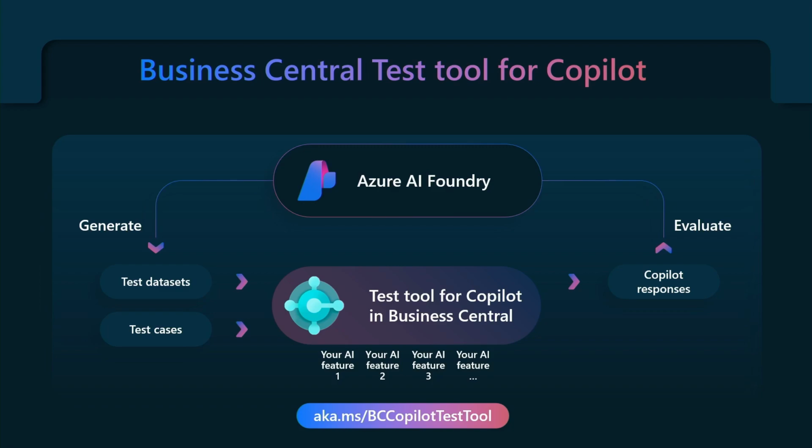So Azure AI Foundry is a tool from Microsoft, a platform, that you can use to develop AI features. Not just for BC, obviously. It has some features that are relevant in connection with BC. It has a playground where you can play around with prompts and try them out. That's a super good place to start. Don't start with building something in BC. Start with understanding whether you can express your intent or your feature with good enough instructions in the playground.